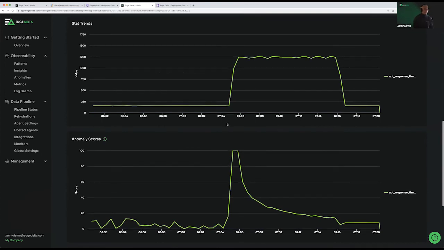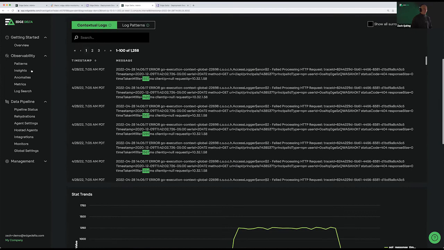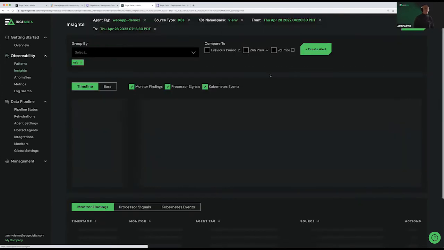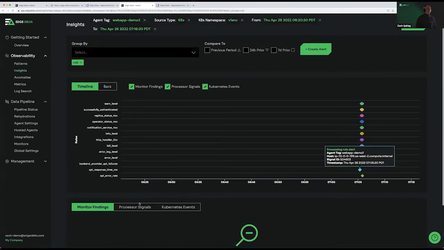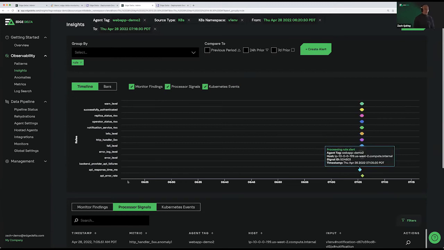So one, it's doing this baselining and looking at these different statistics for us. But on top of that, we might not want to know every time one of these individual things is anomalous, like the error level changes for a given system. We might want to know about it, but we might not want to wake on-call up at 3 a.m. to go investigate that. So what we do to